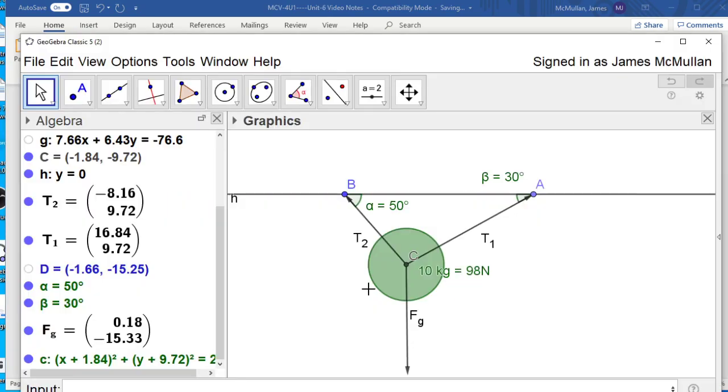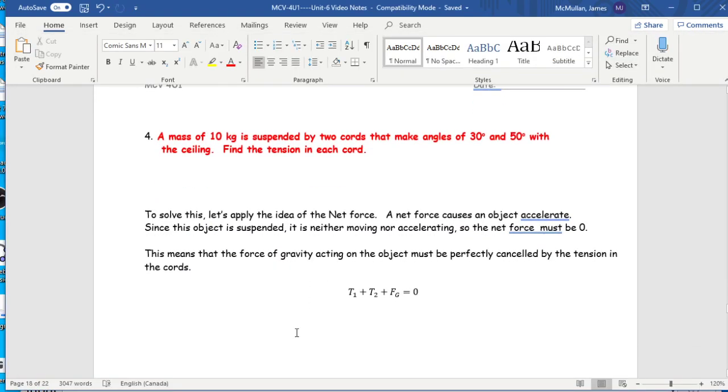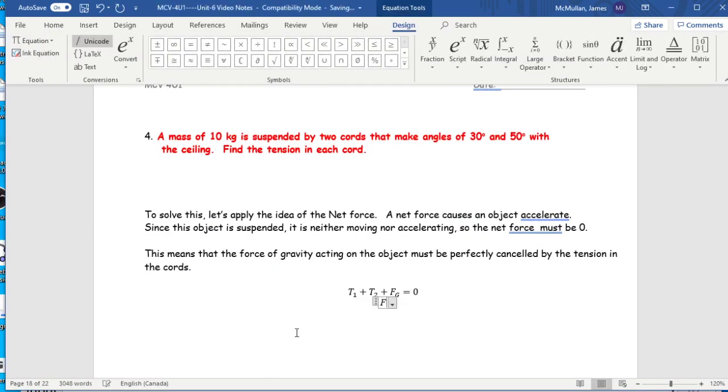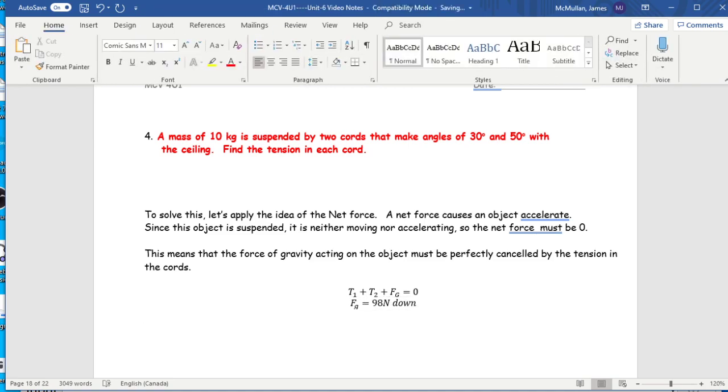Because the object is not accelerating, this tension and this tension are canceling out whatever's left in the gravity. Okay? So now that we know this, we know a couple of things, right? We know that the force of gravity is 98 newtons down, right? And so what we need to do is add the three vectors together so that we get